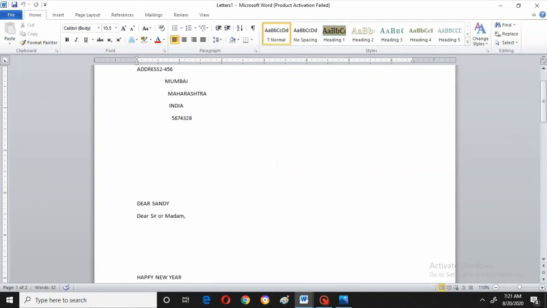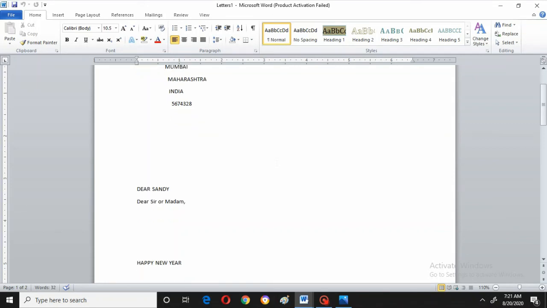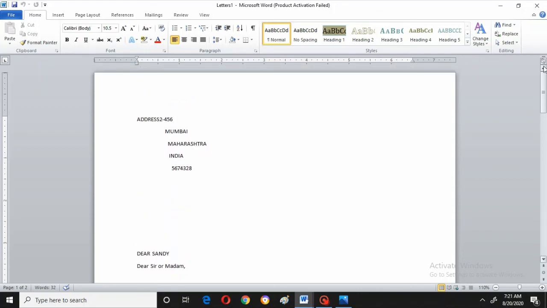If you type 10 records, 10 recipients, or if you type 100 records, 100 recipients, it will show 100 letters, right? Understood? Now I think by this you might have understood this mail merge. So this is how you will be doing mail merge. With this I have completed the mailings tab also.